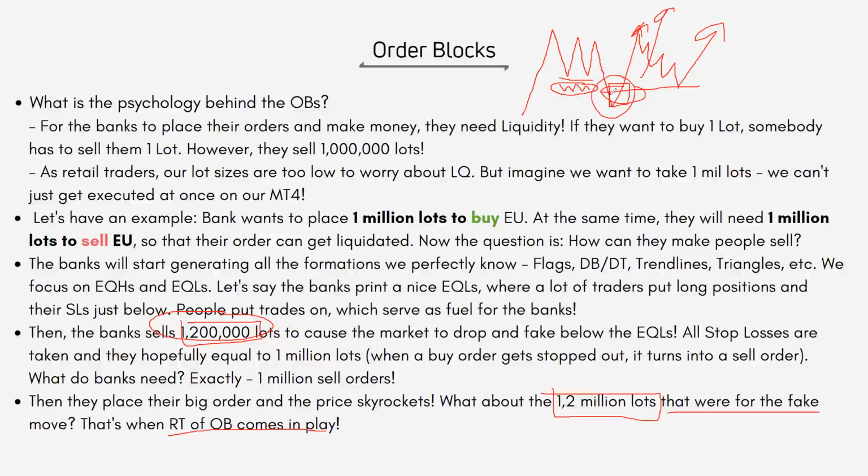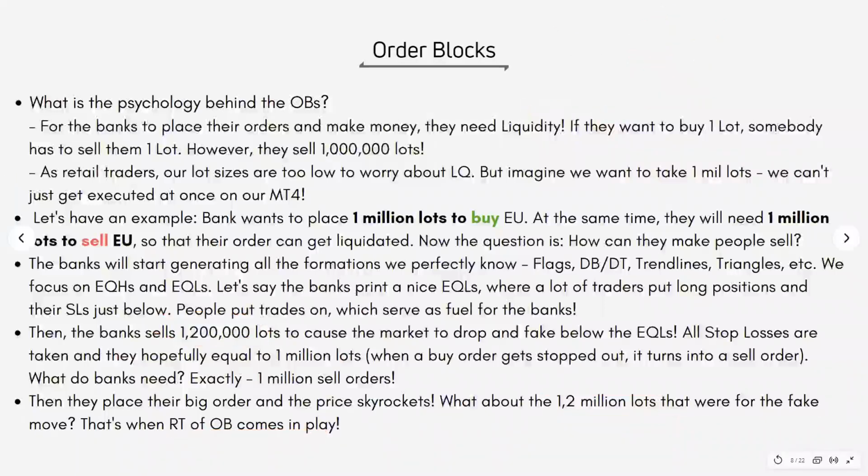It's basically a fake move. It's a big sell before a big buy, and that big sell will later get tapped again, which means that the market is mitigated again, and then we can continue up. And during that mitigation, the banks are still selling. There could be another order block created right there. So that is the little example that I wanted to illustrate, and really hoping that it made a little bit of sense of how actually those things work, right? Why do we have order blocks? Why do we have the fake outs? It's because of this, because the banks need further orders in order to place their orders, right?